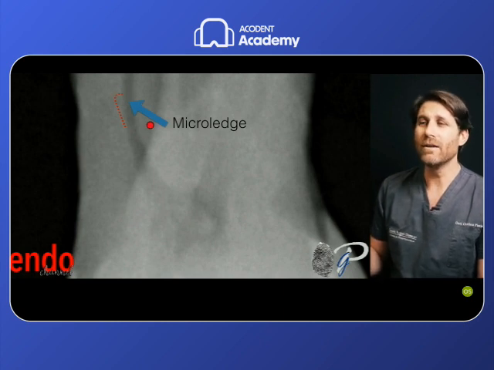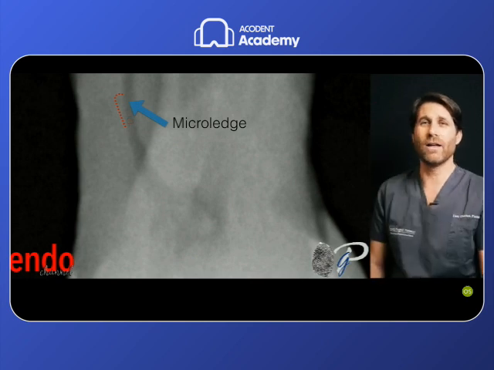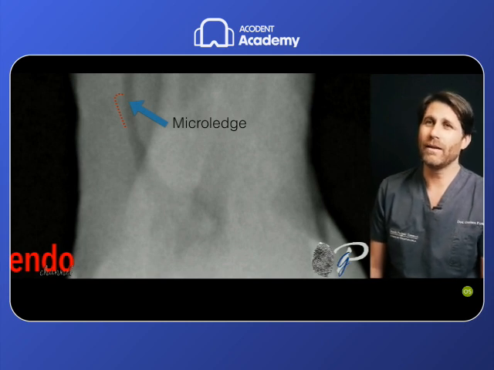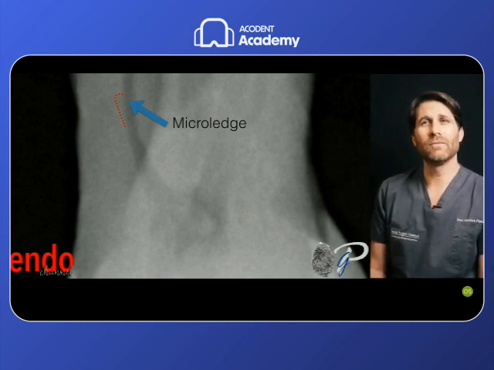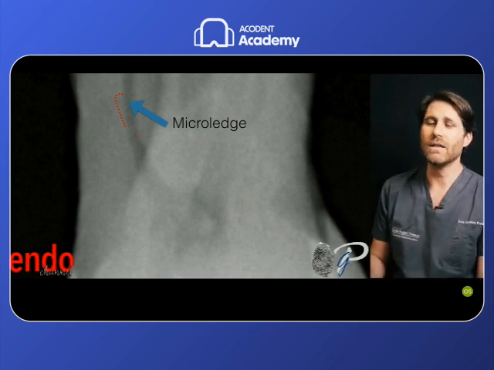It stops here, and if we work with an endo file there, we can create a micro ledge that will create a very difficult impediment for the proceeding of the procedures in these cases.